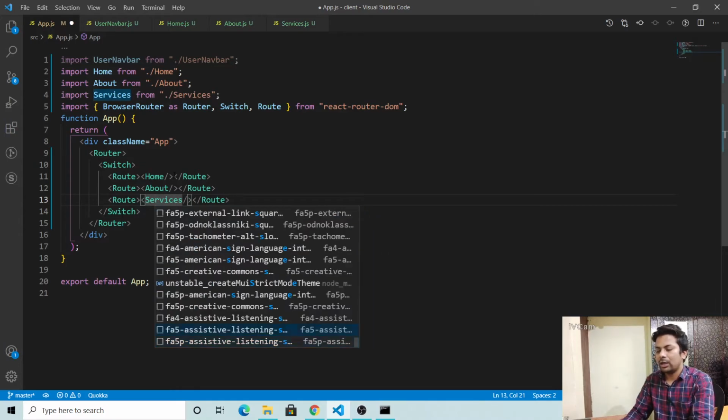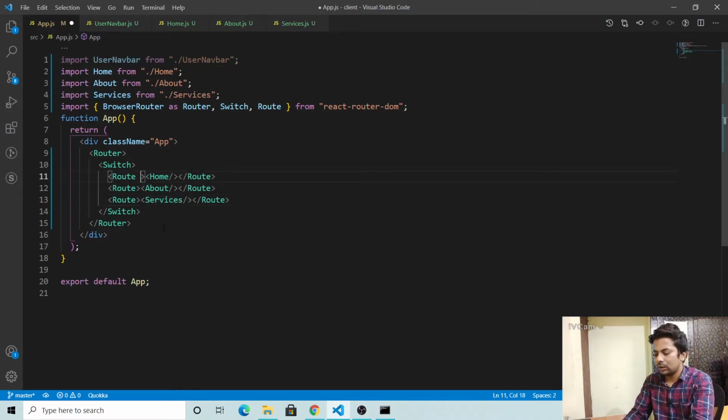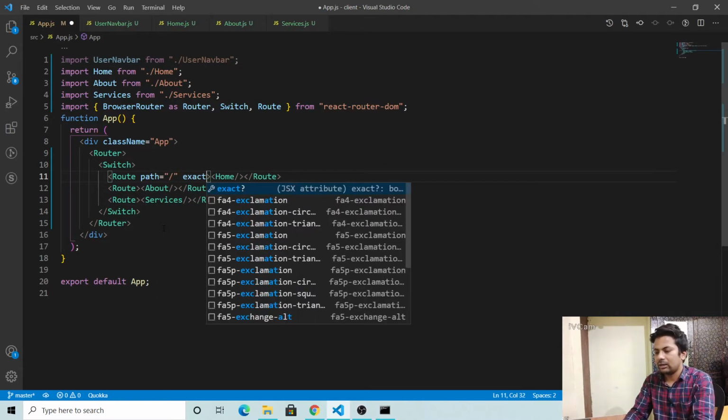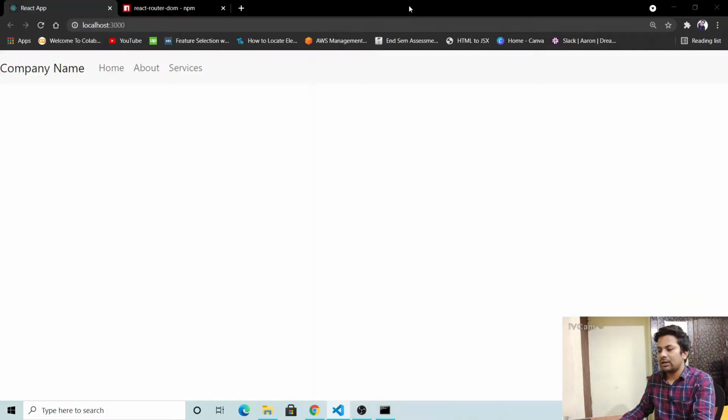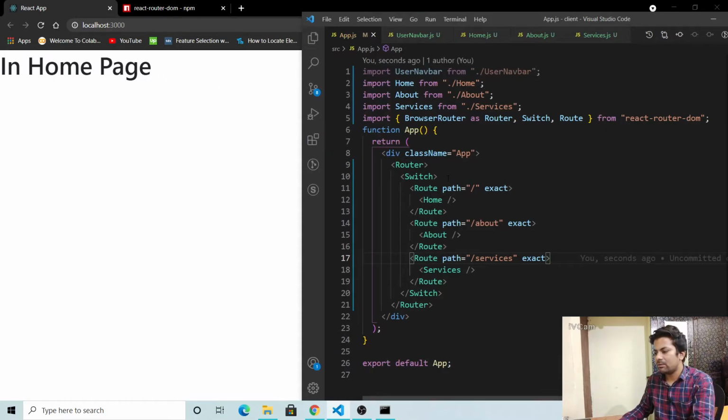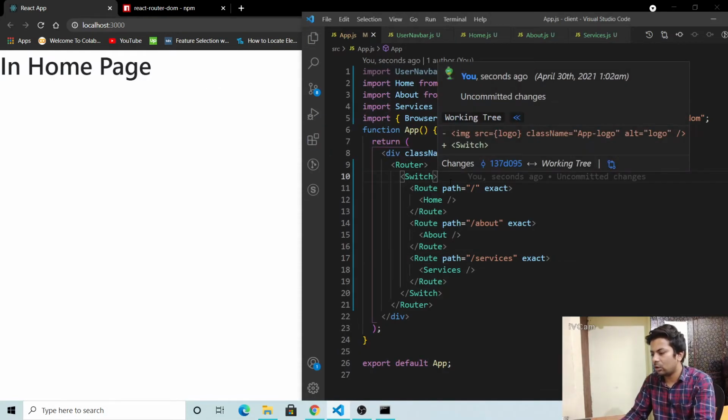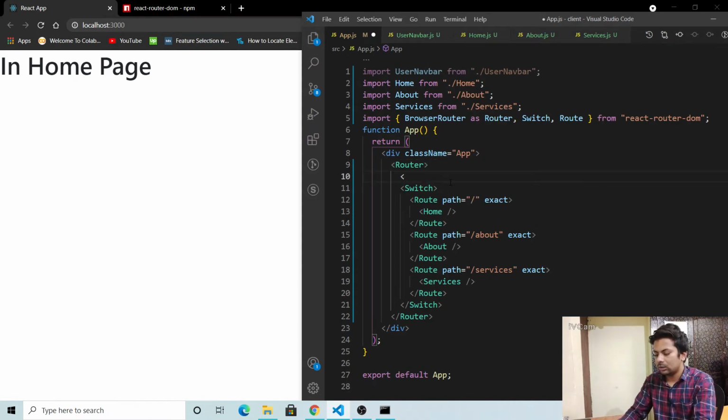Okay, now here I'll put the path, it should be slash and exact, and for here about, and for here services. So just save it. Then I'll put the navbar here so it will be common for all users.